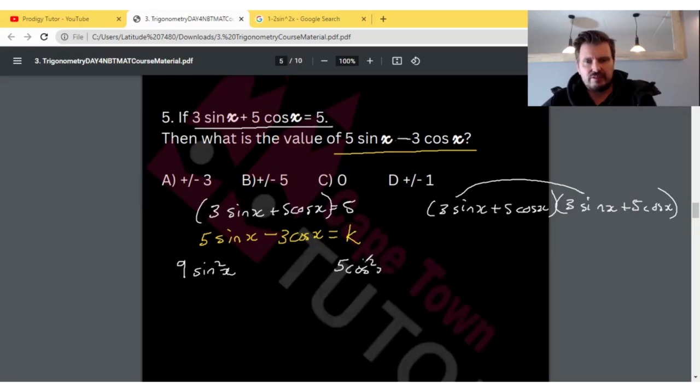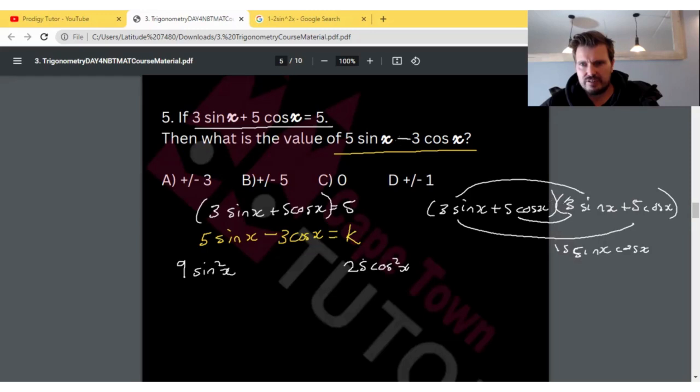No, 25. 5 times 5 is 25, so 25 cos squared x. Now, the middle term is going to be 3 sine x times 5 cos x, which is 15 sine x cos x. And then the other middle term here, 5 times 3, is also 15 sine x cos x. So that becomes 30 sine x cos x. So we can say plus 30 sine x cos x